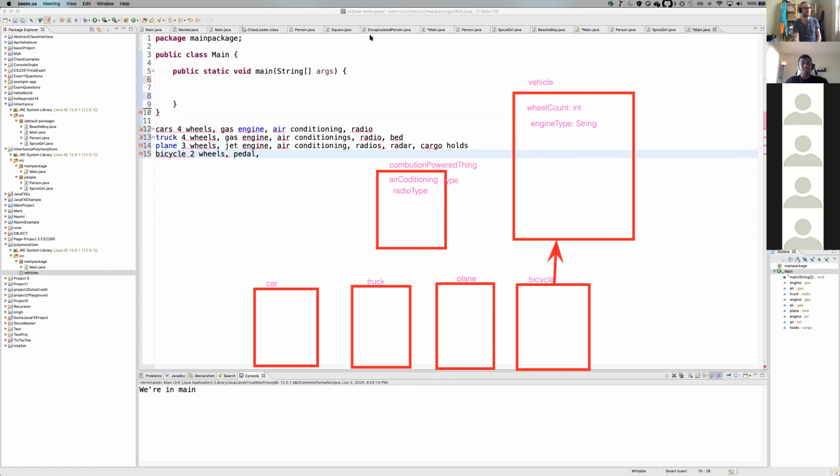So ultimately speaking, now we can start to think of the rest of our lowest levels. We can say truck. The truck has a bed. Plane has a cargo hold, and also, shoot, radar. Forgot about that. So now if we start drawing these relationships to each other,